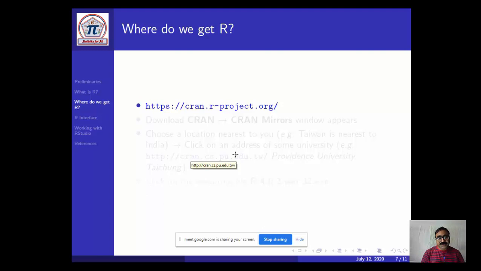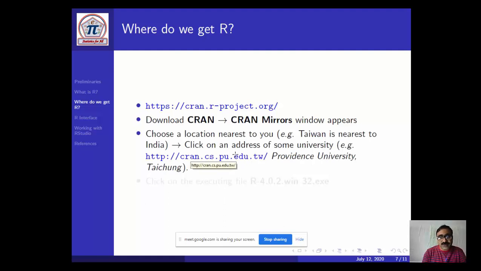So this is the website, cran.r-project.org, where you can download R. You can download R software here, and there you have to choose a location near you.